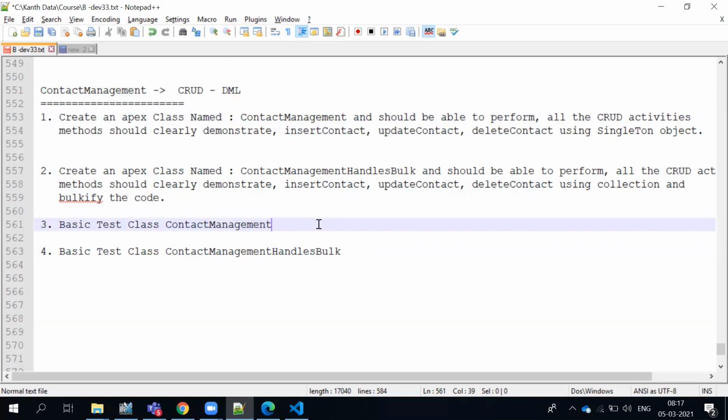Testing is one way, yes, of course, and the test code is going to test whatever original code you have written. Giving a percentage of test class coverage is really important for deployment to production. So it's a must. It's mandatory: every class should have a test class associated with it. So these four things we're going to do. And apart from this,